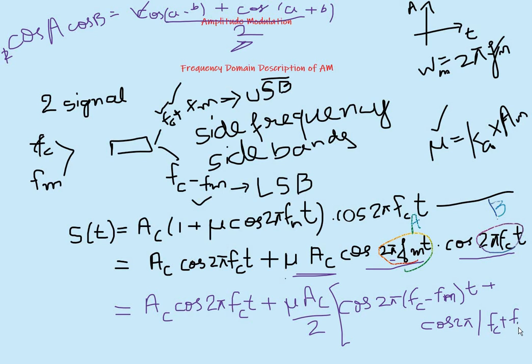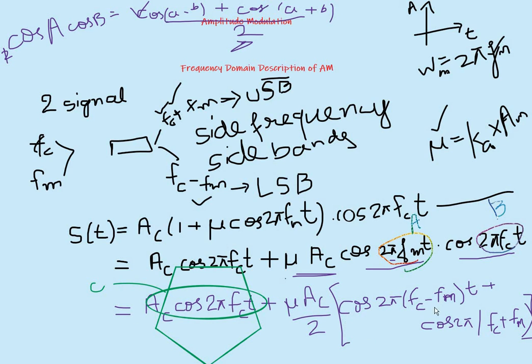So from this equation we are observing a few things. I'll tell you what we are observing and then we'll end the session. First of all, this term does not contain any message. Are we finding 2 pi Fm? Is Fm there? No. Is Am there? No. So this term is just the carrier.